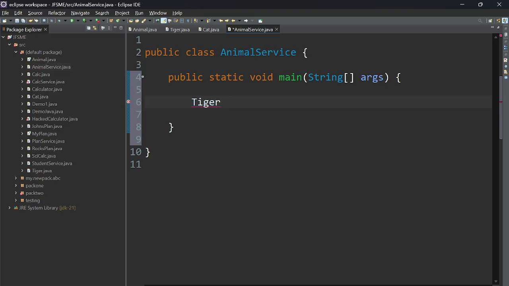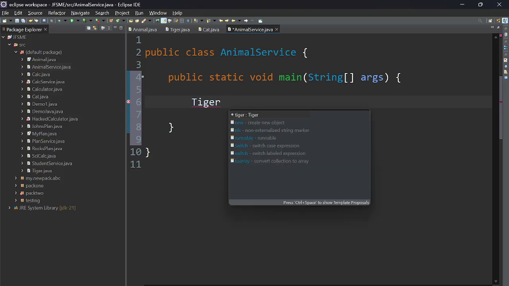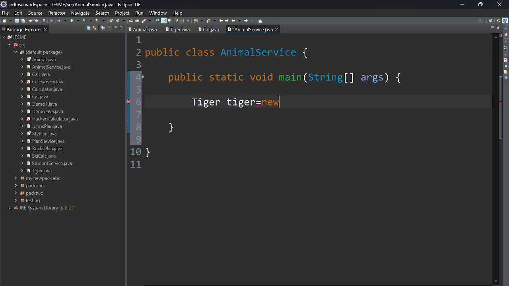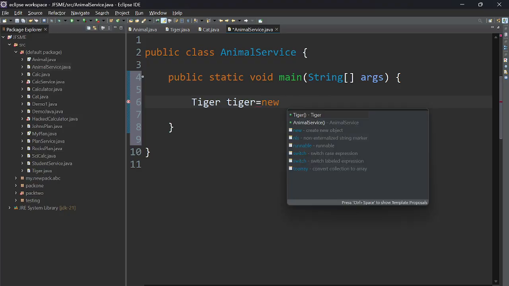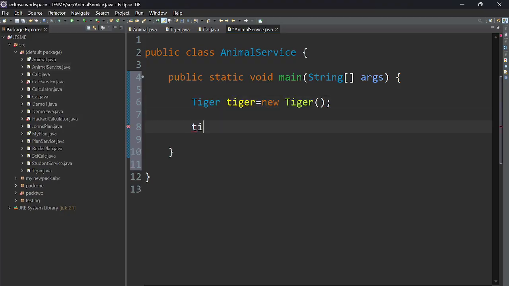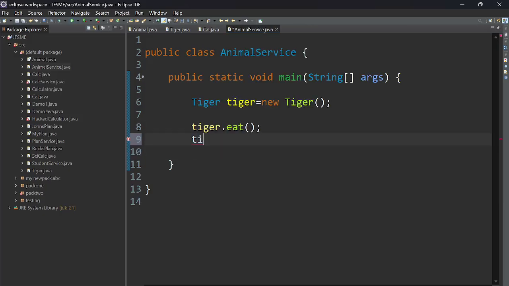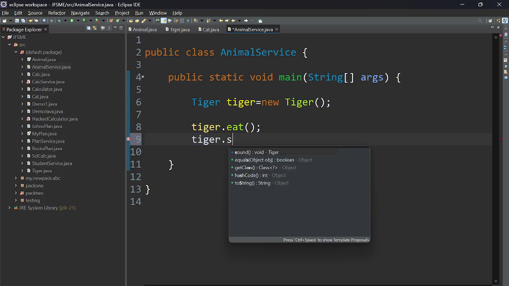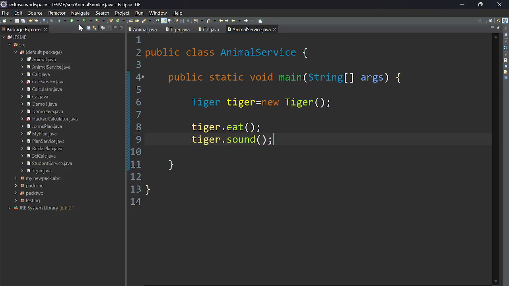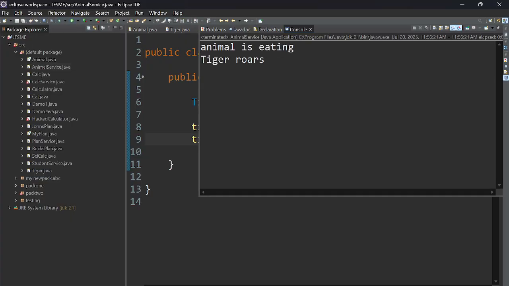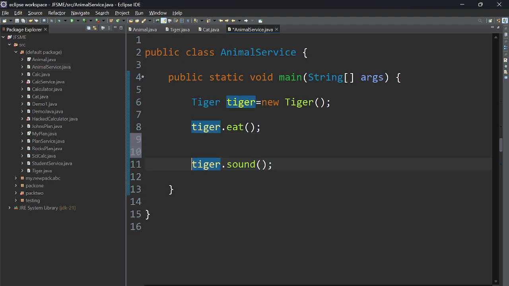So tiger is an animal, right? So tiger equals new tiger. So obviously tiger will eat. Okay, tiger eats. So I'll go for tiger dot eat. So it tells me that animal is eating, a common behavior. The animal is eating. Then what I'll do is I'll say tiger dot make the sound. So what sound does a tiger make? Roars, right? So that's what we have written. So that particular function will be called. That's how it is deferred. Similarly,